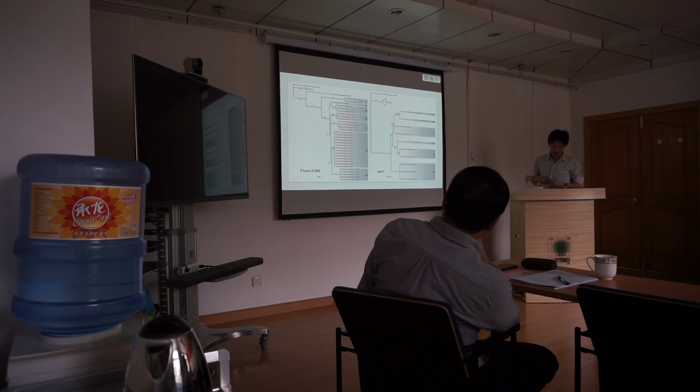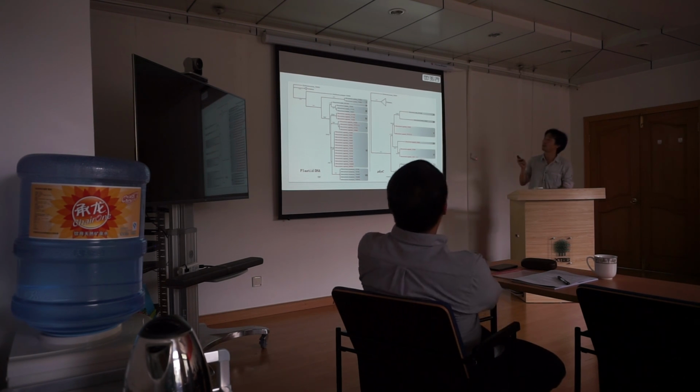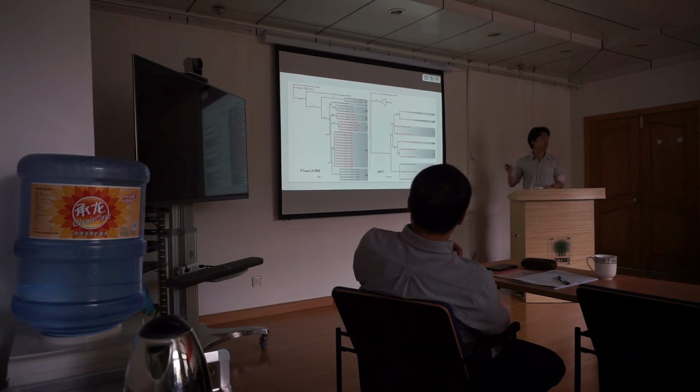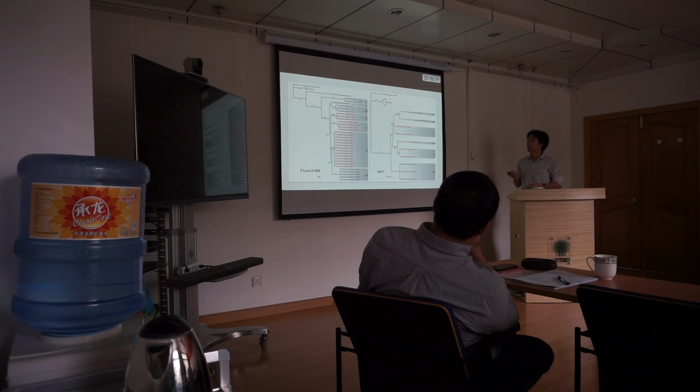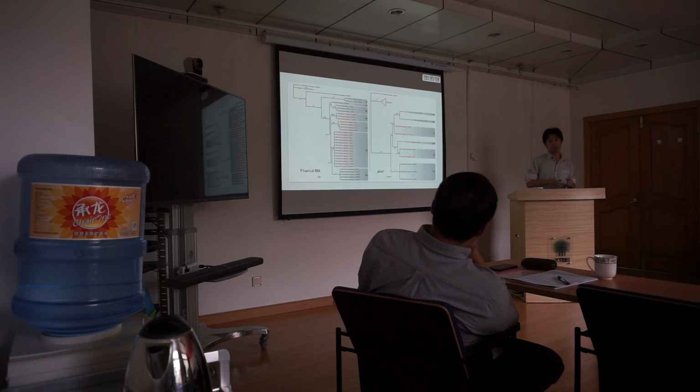So let's see the widespread species. And then this one is the result of molecular phylogeny of the genus Monochoria. And then we obtained some clades, from 1 to 7. And what I want you to focus on is the widespread species, which is not monophyletic in both chloroplast DNA phylogeny and ITS phylogeny, but divided into 3 clades. So this result clearly indicates that this is not one species, but has some cryptic diversity.